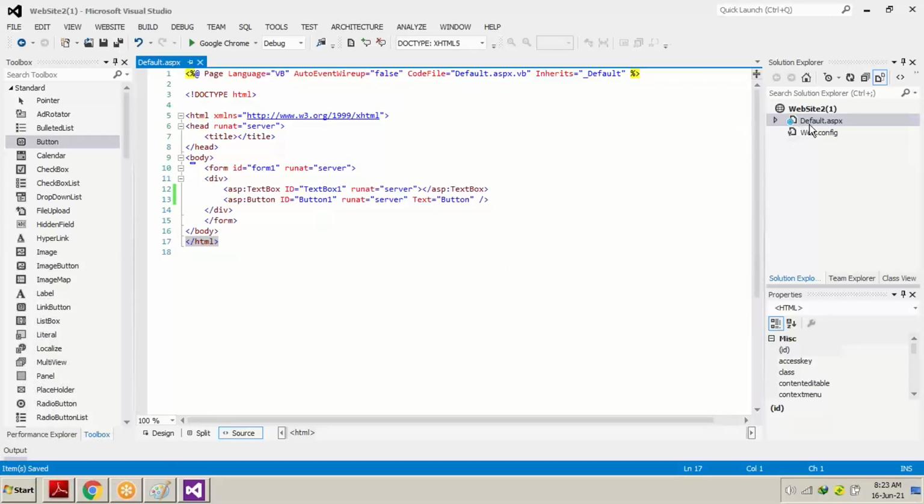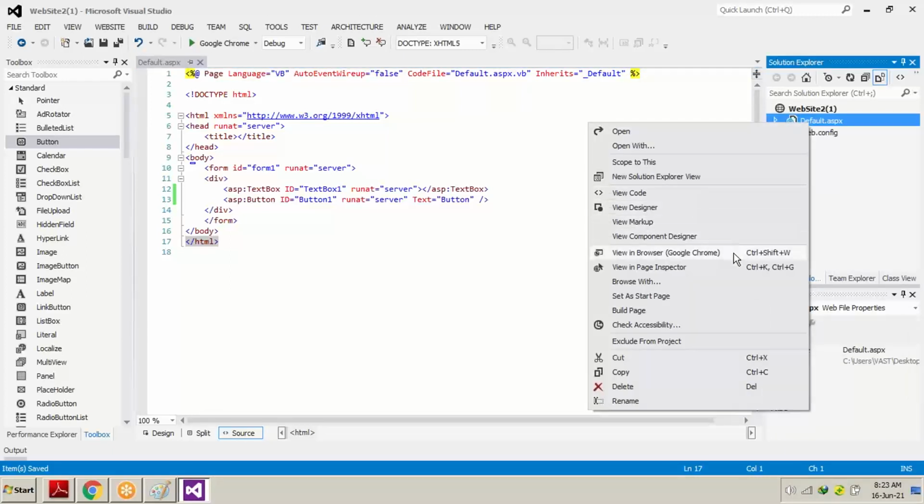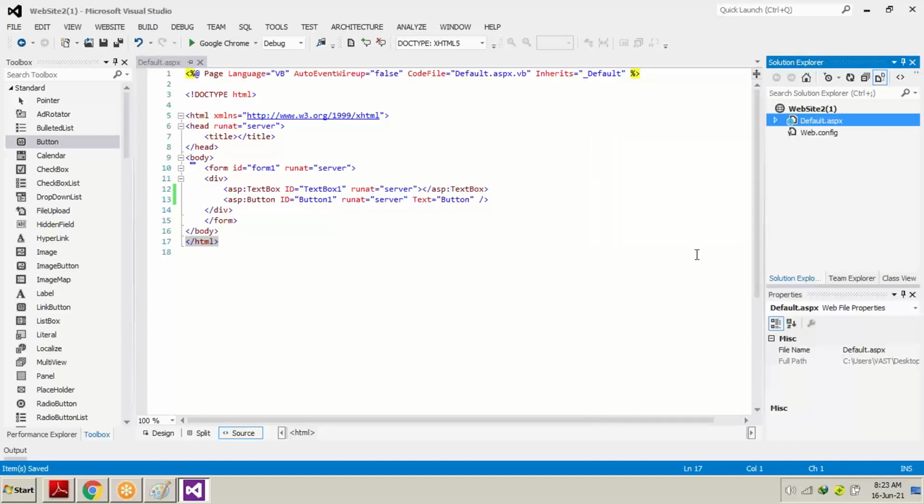How are you going to run the page? You can see it over here. The default name of the page is Default.aspx. We're going to right click on the default page, and when a window opens, you're going to select View in Browser, and the default browser selected is Google Chrome. If we click this option, the page which we have made and the controls which we have used in this particular page, how it's going to appear on the server, or when you run the page, you're going to see it over here. Just see.